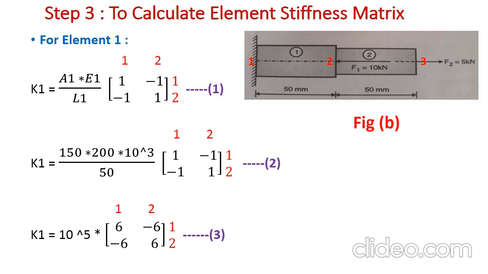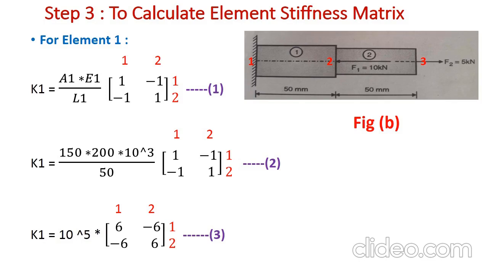In this diagram, we are having two elements. So if we calculate stiffness matrix specifically for a particular element only, for example for element 1, then it becomes elemental. Again, if separately we calculate stiffness matrix for element 2, again it will become elemental stiffness matrix. But if we calculate stiffness matrix for an entire step bar, then it will be known as a global stiffness matrix. Therefore, our first step is we find out elemental stiffness matrix.